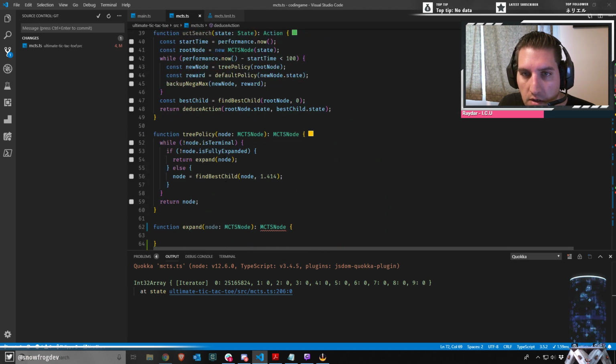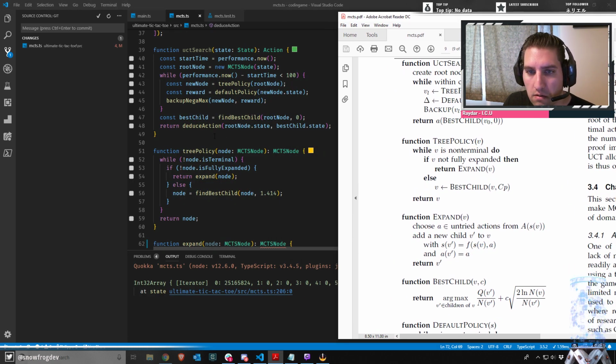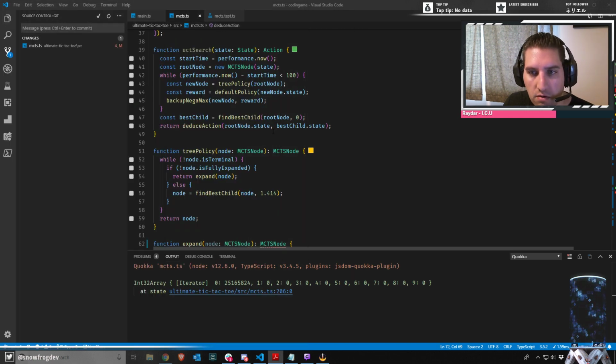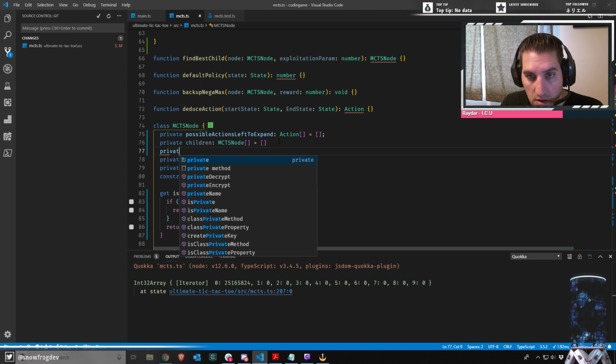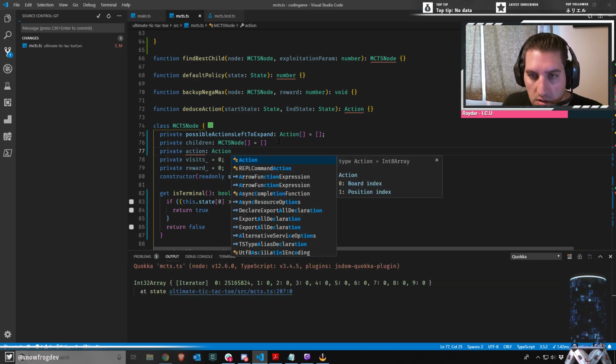Am I using that somewhere? Deduce action, right? So, whereas this is just, okay, return A of best child. So yeah, I should just store it. That makes a lot of sense. Less computational. So yeah, let's do that right now. So we're going to call this, let's make this action, yeah, type action,